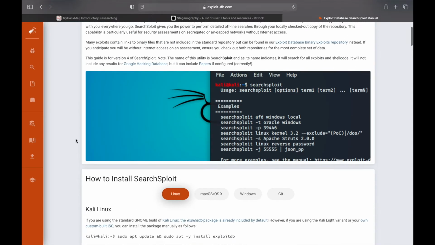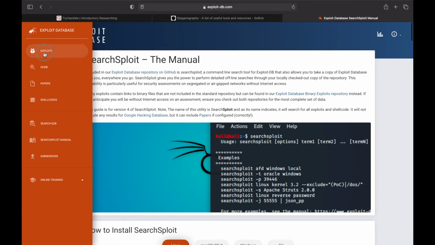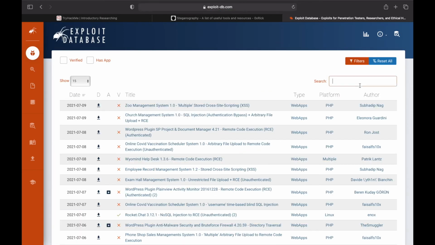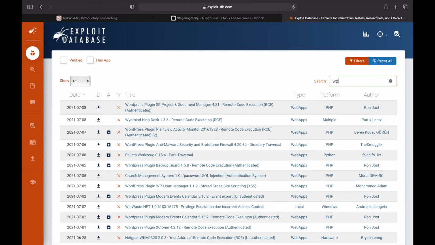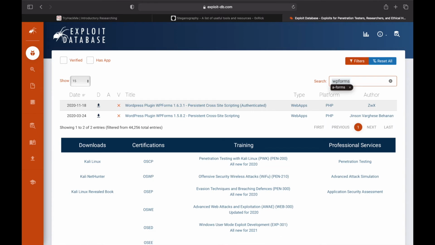So we search WPForms. Did we get anything? Yes, we got WPForms, and for cross-site scripting we got two. This one is authenticated. These are different versions, but it's in the year 2020.